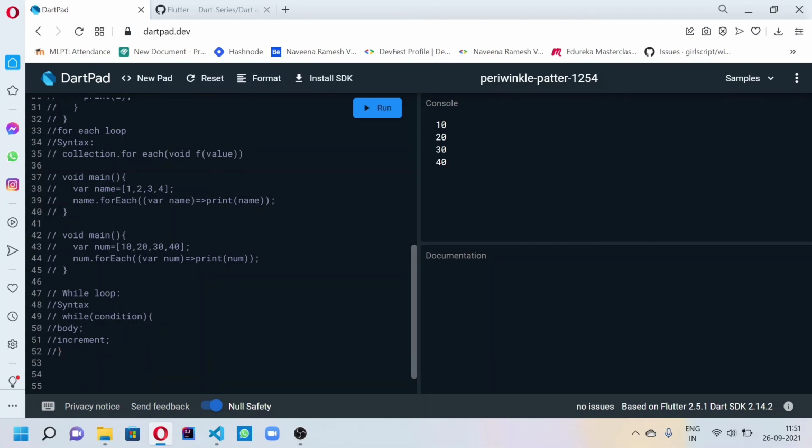First we give a condition in the while loop, then what to do inside the while loop, and then the increment. Same as for loop, right? Only the syntax is quite different. Let's see an example.